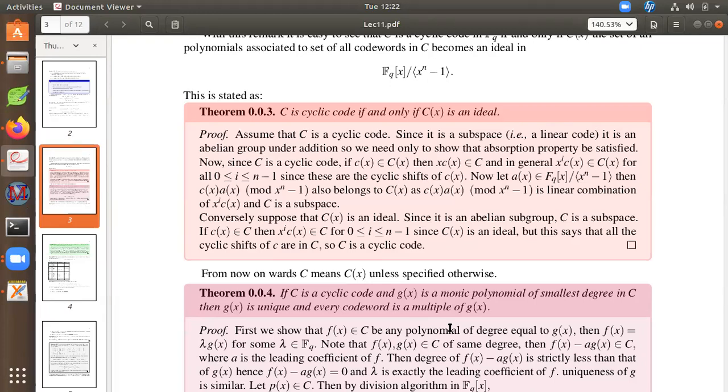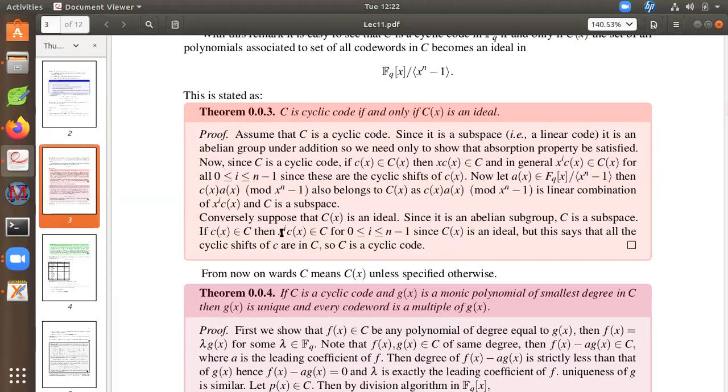Now the converse is very simple. If it is an ideal, then I have to show that it is a subspace, that shows it is a linear code. Then it is a cyclic code, which I also need to show. That is much easier because already it is an ideal, it is an abelian group. So that is already done. And in fact, if it is a binary code, then abelian group, that is, subgroup, is sufficient. But don't worry about that, we'll prove much more. So c(x) belongs to C.